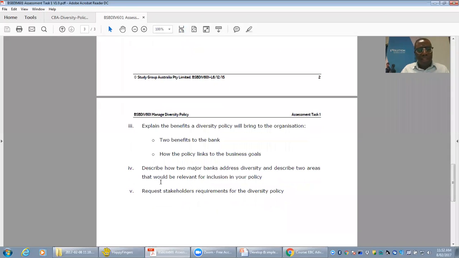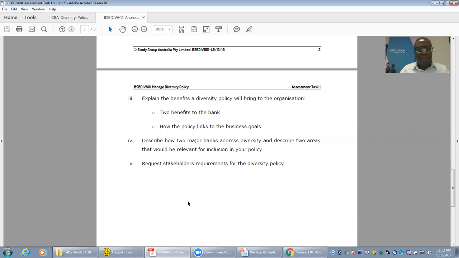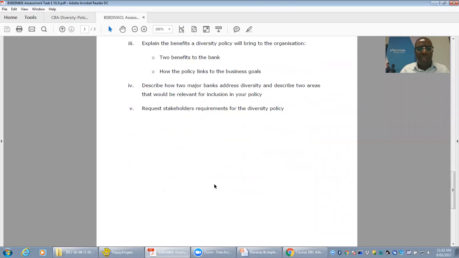And as it says here, describe how two major banks address diversity. I've given you an example of CBA. You can go and look up Westpac, ANZ, so many other banks. Bank of Queensland, Bendigo Bank. We've got quite a plethora that you could look at and study. And we're going to request stakeholders' requirements for the diversity policy as we look at that. So as we recap,